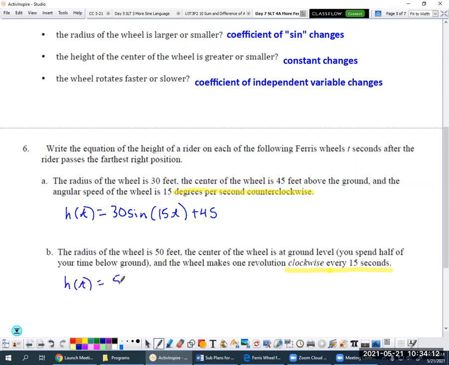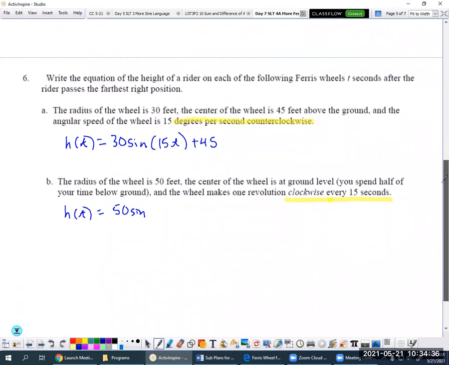Letter B is a little more challenging. We know the radius is 50. We know that the center of the wheel is at ground level. Okay, so I know half the time is spent underground, so I don't need to add anything. But I'm moving clockwise, so I'm going this way every 15 seconds. So I want to make a little note here that every 15 seconds,